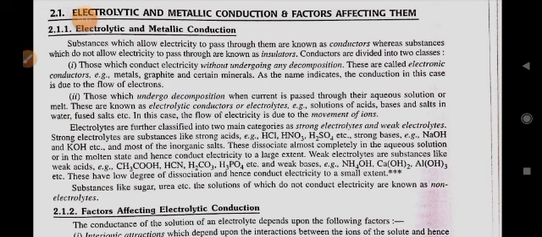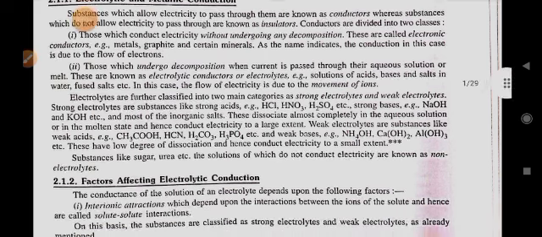Strong electrolytes are substances like strong acids, example HCl, HNO3, H2SO4, etc. Strong bases, example NaOH and KOH, etc., and most of the inorganic salts. These dissociate almost completely in the aqueous solution or in the molten state and hence conduct electricity to a large